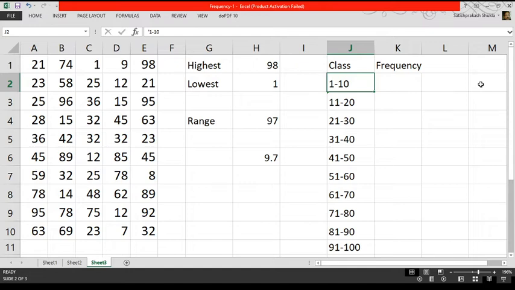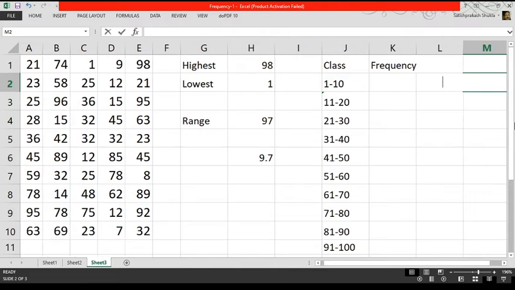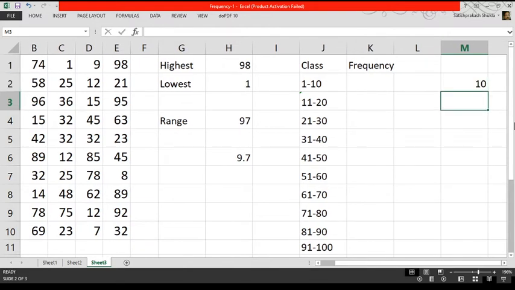We have to prepare Bin's array in any other column. We can prepare this array in any column, but here we'll write it in column M. For that, we have to write the upper boundaries of all the classes one by one in column M, and the upper boundary of the first class is 10, so we'll write here 10, and that of the second is 20.